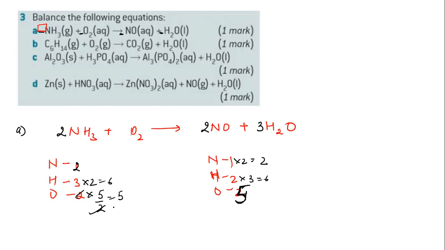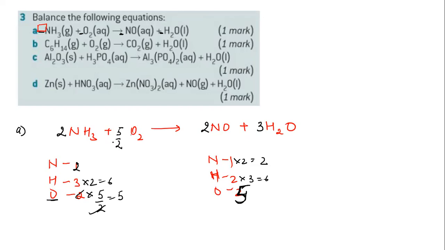5 divided by 2 is 5? No, 5 divided by 2 into 2. I want 5 oxygen this side. Already we have 2. If I multiply it by 5 by 2, how many oxygens are there? 5 by 2 into 2 will be 5, na? But we all know that we can't write fraction numbers in this one. You can't write a fraction number.